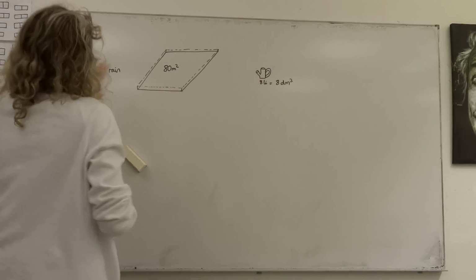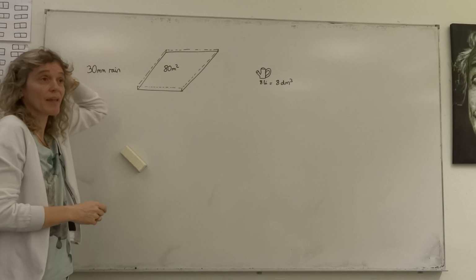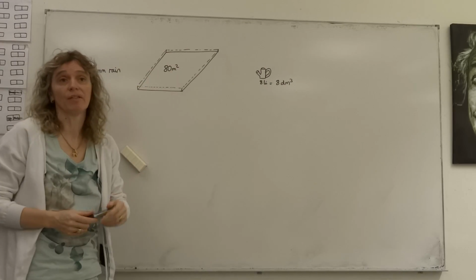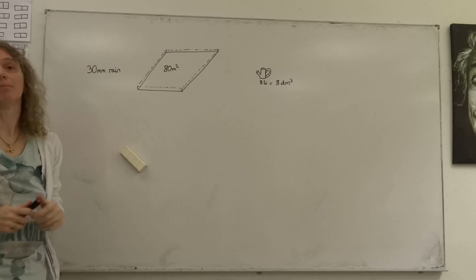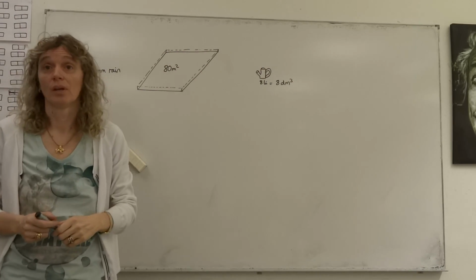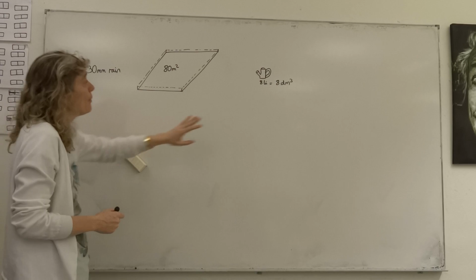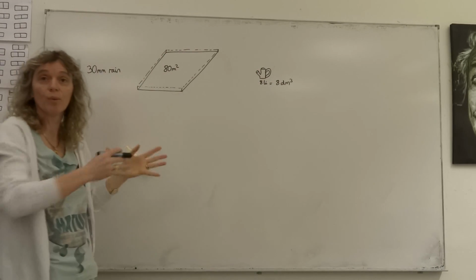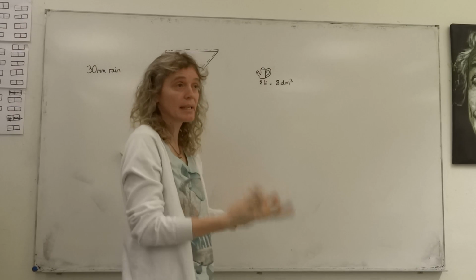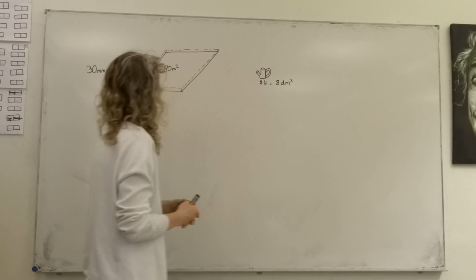So this is a plot of land, a garden or something like that. It's 80 square metres of land, and it's getting 30 millimetres of rain. And they're wondering, if you had to water, let's say that this is all our carrots growing and we've got to keep it well watered to keep our vegetable plot growing well,